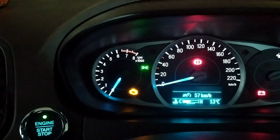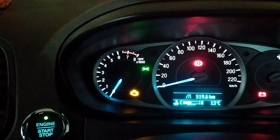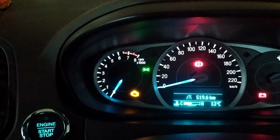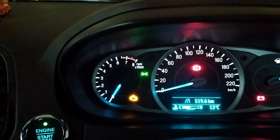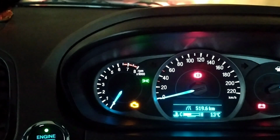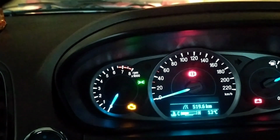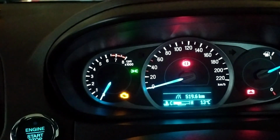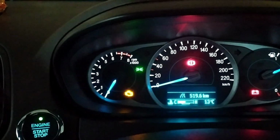So anyone who is saying that Ford does not give very good fuel efficiency, that the Ford Freestyle, that too in a petrol engine, does not give very good fuel efficiency, you can share this video with him and show him that this is the fuel efficiency obtained in actual driving conditions. So it is actually not a bad car, rather I'll not say bad, it is actually a good car. And with all the comfort, convenience and safety of 6 airbags, I think it gives you very good